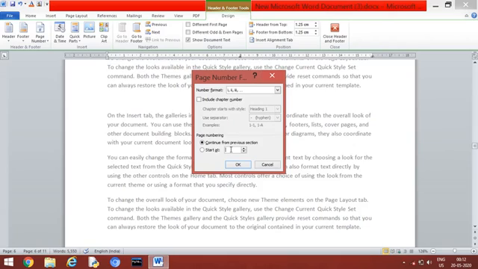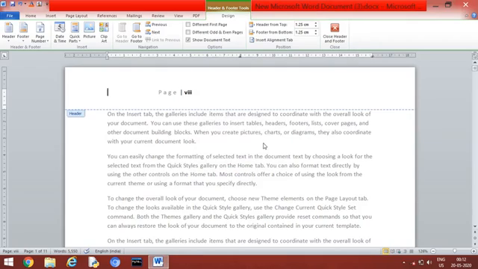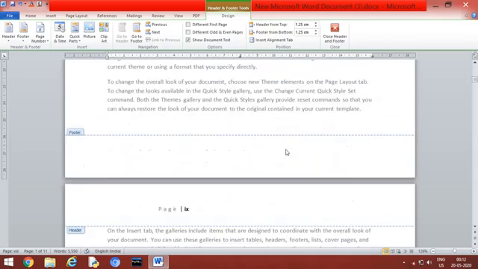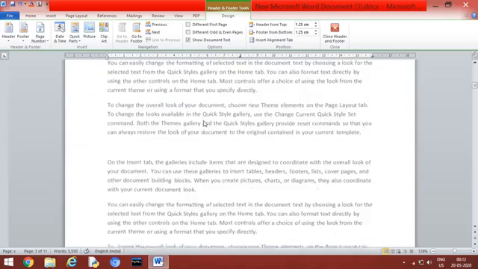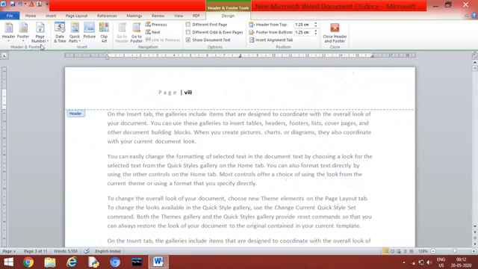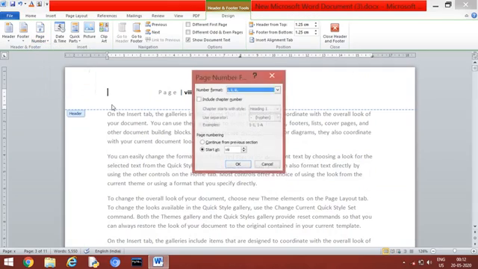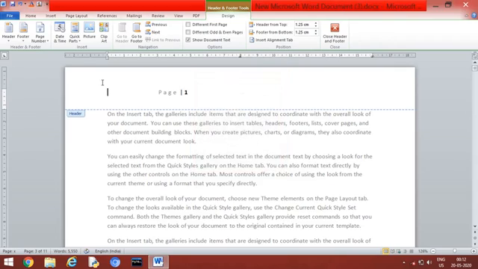Suppose you want the page number to start at 8, so it will start the page number at 8. Okay, so this is the top of the page, and here you can see that it is starting at 8. Now 9, 10 like this. Okay, so that's how you can give the page number. Now let me just change it to 1 and make it in normal number format. So you can just give OK.